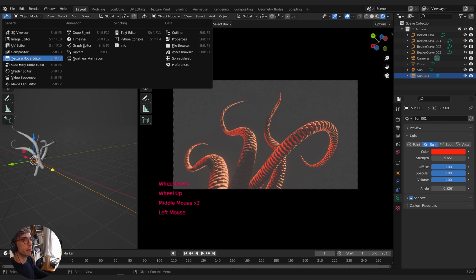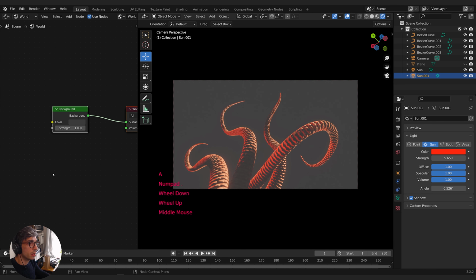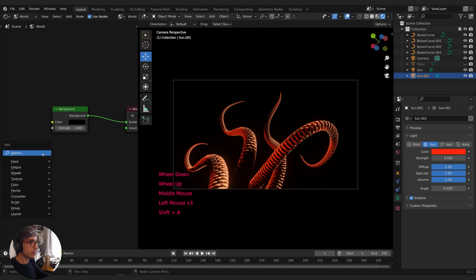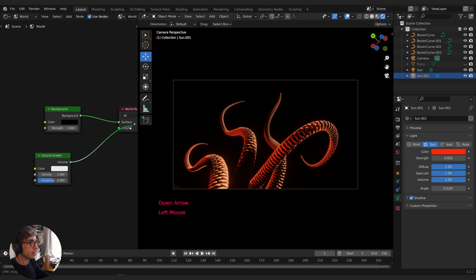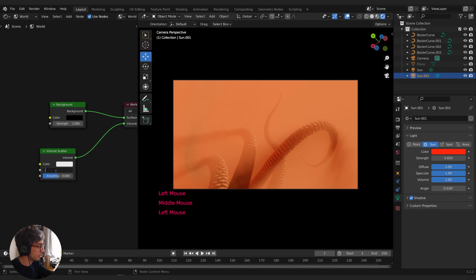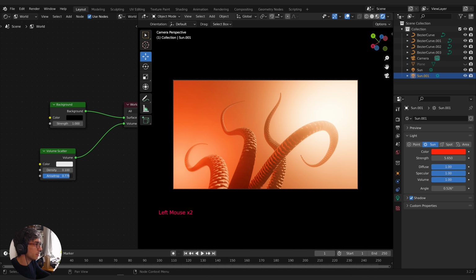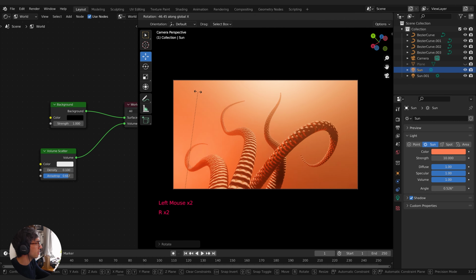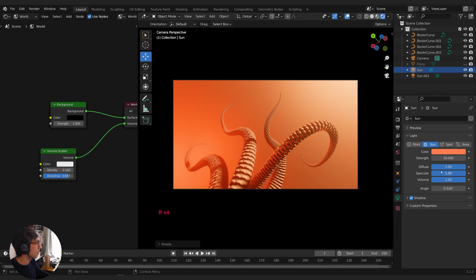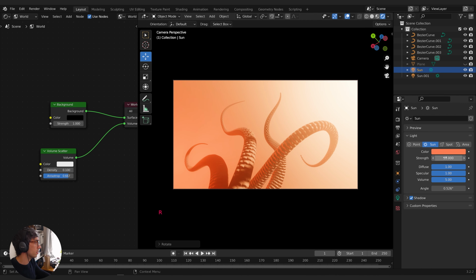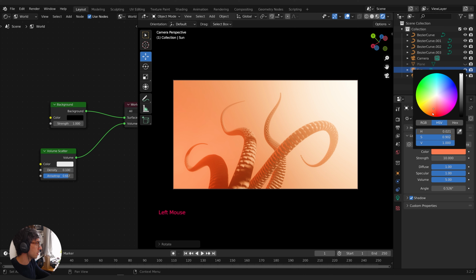Let's add some volume to our scene. So let's go over here to the shader editor, go to world, and I'm gonna turn my background to black, and I'm gonna add a volume scatter node. And I'll plug that into the volume, take my density down to like 0.1, and the anisotropy, I might raise it up a little bit. And let's take this first sun and let's get it out of the view. It's a bit too intense up there. I might turn up the volume to like 5 or something, so it's really, really glowy,